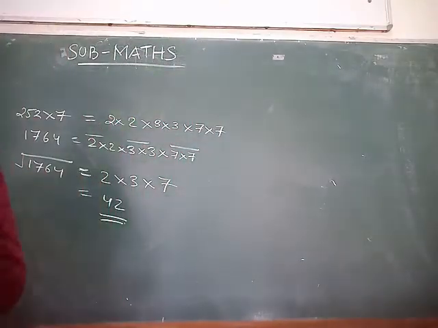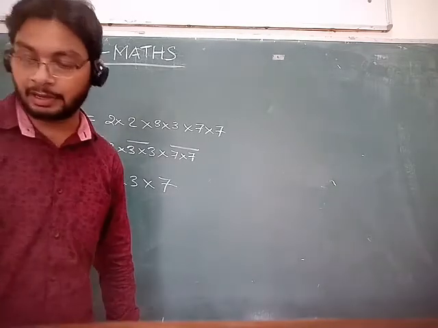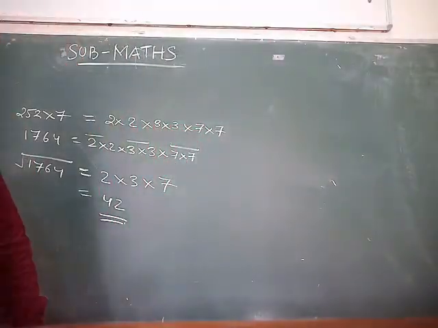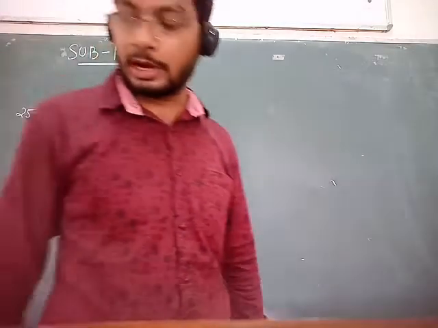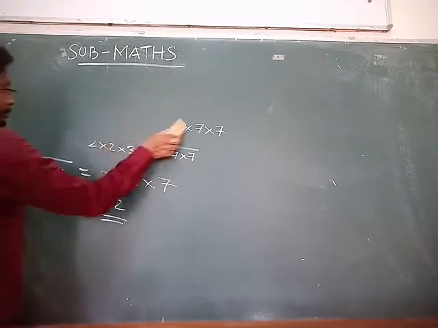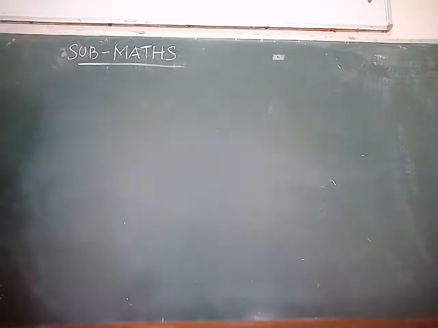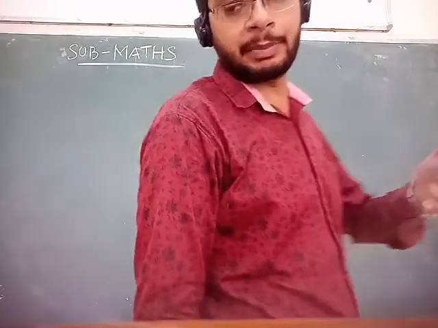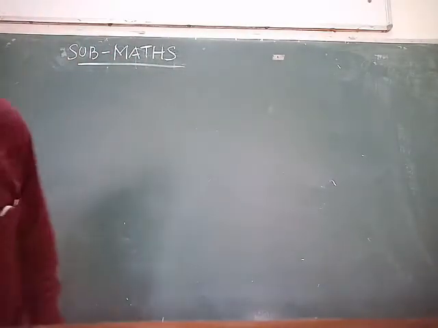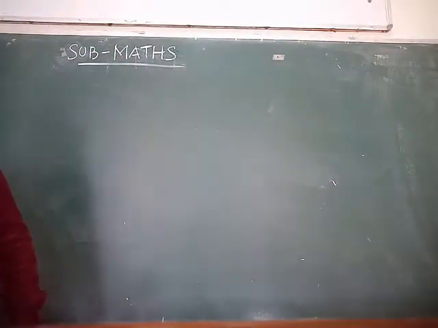Now I am going to solve question number 6. In the sixth question, from each of the following numbers, find the smallest whole number by which it should be divided so as to get a perfect square. Also find the square root of square numbers so obtained. अभी हम लोगों ने मल्टीप्लाई किया था, अब डिवाइड करना है। सो स्मॉलेस्ट नंबर बताना है जिससे डिवाइड करने पे जो गिवन नंबर है वो परफेक्ट स्क्वायर बन जाए। ओके, सो योर क्वेश्चन इज सेम 252।